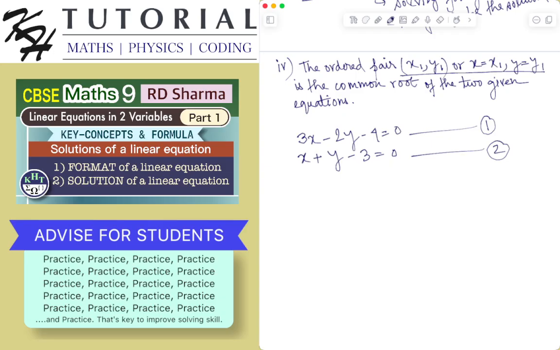Okay, let's see. I hope these two given linear equations will indeed have a common root. So let's say these are the two given linear equations in two variables x and y, and I have to find what is the common root of these two given linear equations. That is a root that will satisfy both of these two linear equations. Okay, so step one was